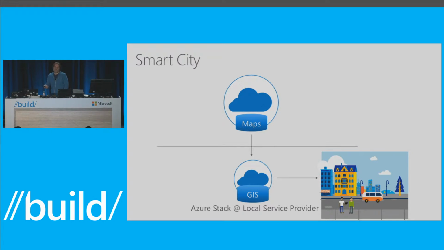And so you may be developing something like a GIS application for that local city that allows local citizens to go and look for communications and layout of the land and stuff like that, where the actual GIS data is local and hosted locally by a local provider. But map data could be coming from the cloud, or some part of your app could still be running in the cloud, then some part needs to run local, just because this is the kind of app that needs to be developed. And so you may find yourself in this situation, and then you have to understand how to develop an app like that.